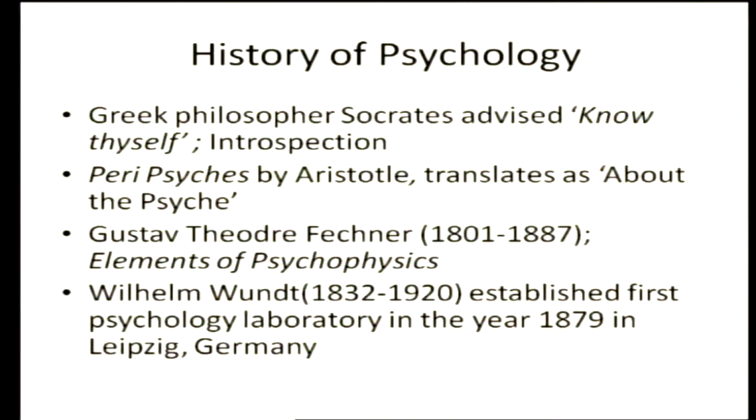Then as we proceed further, we see how experiments were first systematically conducted in classical psychophysics by Fechner, whose major focus was on perception and the elements of psychophysics. This was the first systematic way of conducting experiments. And then in the year 1879, the first psychology lab was established in Leipzig by Wundt. Now, Wilhelm Wundt, and we'll just see how this school flourished in the early 1900s. So this is the way psychology, as a part of philosophy, emerged as a distinctive discipline.